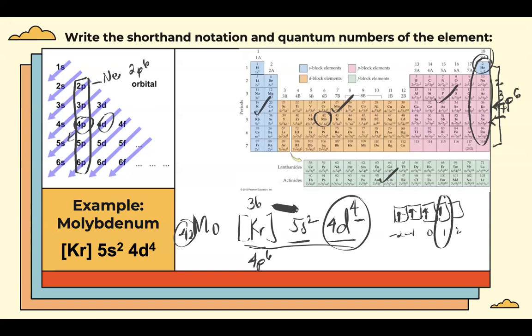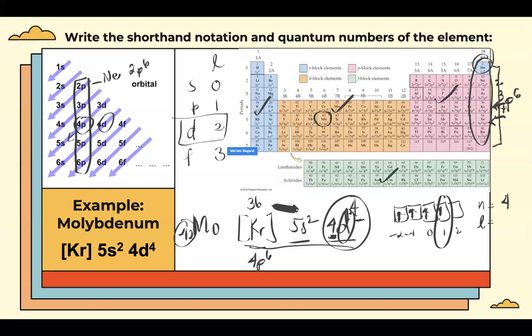Now, writing your quantum numbers, your letter N is the energy level that you have. Since we chose 4, N is 4. And then for L, it depends on the sub-level. So remember, we have S, P, D, and F. The letter L for S is 0, for P is 1, for D is 2, for F is 3. So L here, since it's letter D, is 2.